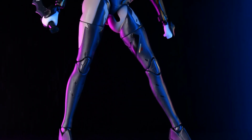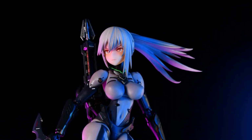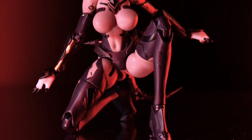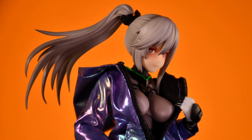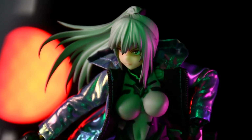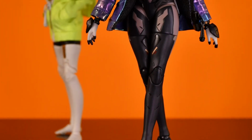So there you have it. Assassin is another excellent action figure from Snail Shell Studio. It's got amazing sculpting, just a perfect head sculpt in my opinion. The sculptors really know how to translate anime faces into 3D. I love the sharpness of the hair, I love the shape of her body and all the little details in her plug suit,